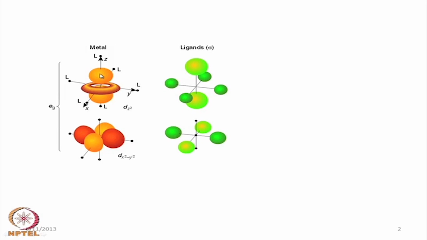So, we have one type of sign for these two lobes along the z axis and 4 others of different sign from the other 4 lobes, which are the positive side of the x and negative side of the x, and positive y and negative y side. Similarly, for dx square minus y square, we need these 4 corresponding lobes which are symmetry matched from the ligand